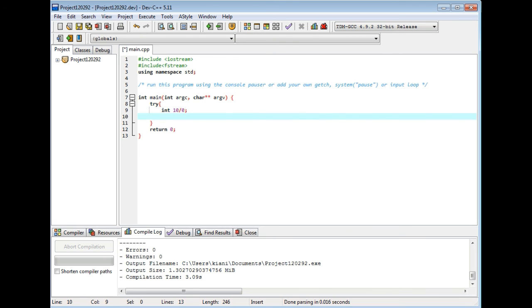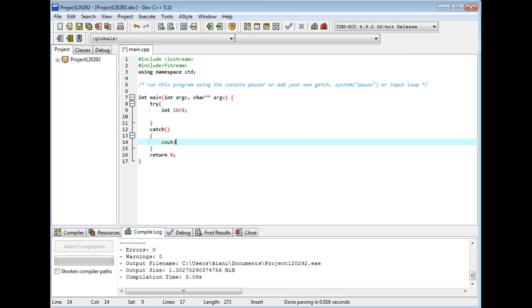Try, and we have catch. We have try and catch, cout here is an error, here is a division by 0 error.